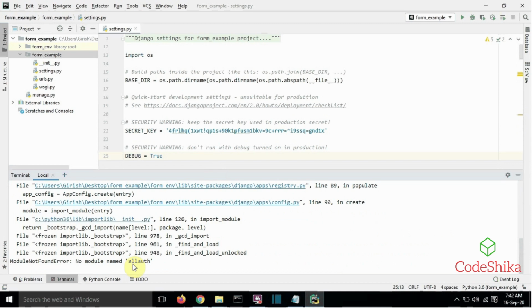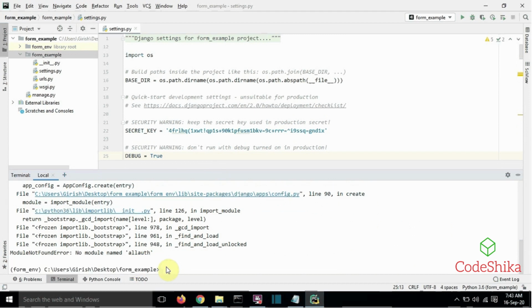Okay, simple solution. We will download and install the Django package using pip. pip install django-allauth.